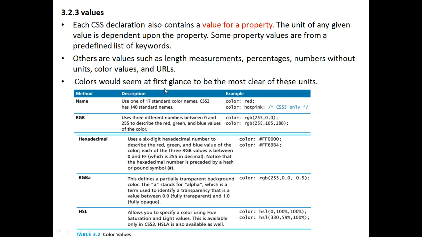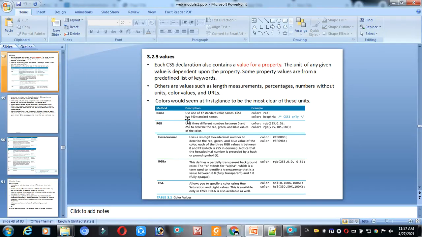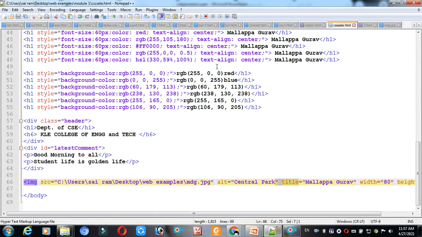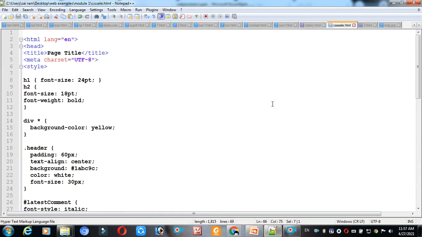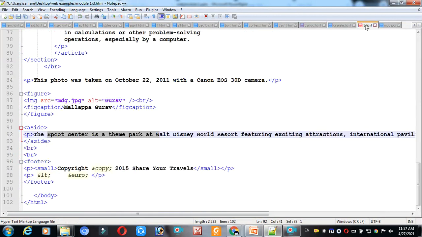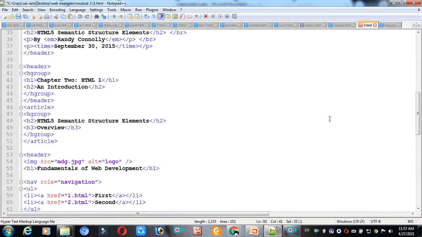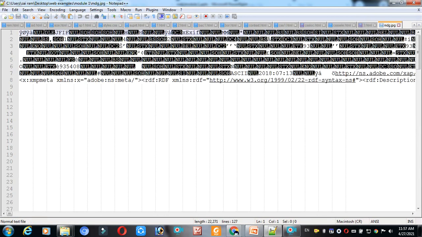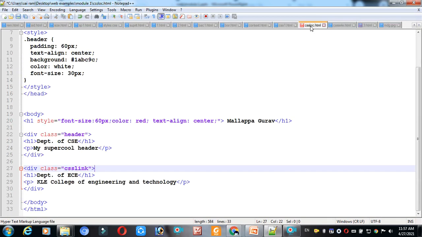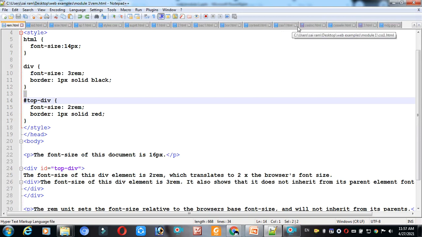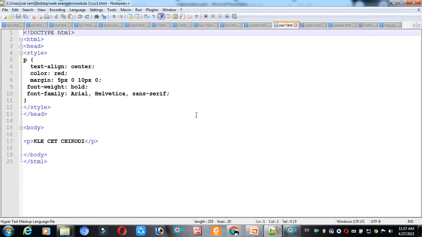Before going to this, we will execute one simple example.